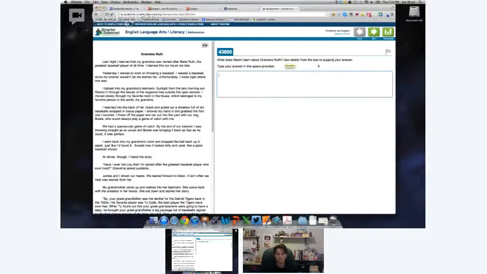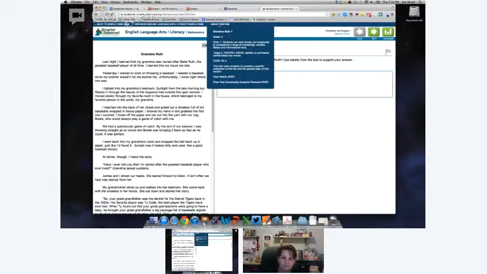Use details from the text to support your answer. Type your answer in the space provided. If we go up to this item at the top of the page, a little menu pops down, and we see that this is a 4th grade question. If you click on the rubric or the text complexity analysis, they say 4th grade here, but they're actually claiming this could be used with 3rd graders. So we don't know exactly where it's going to be, but somewhere between 3rd and 5th.